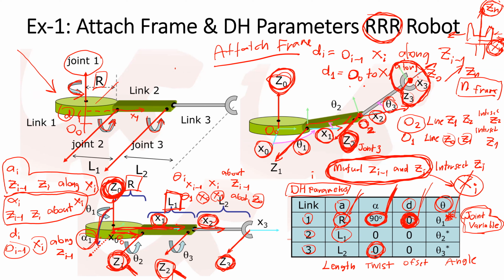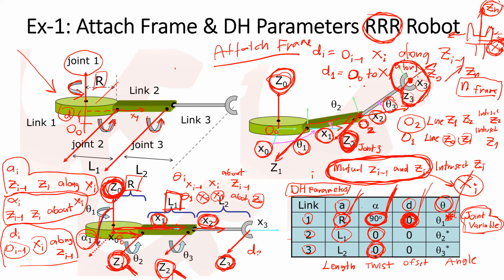C1 and C2 have the same direction, so the link twist is 0. The offset is the distance between the origin and the x-axis along z(i-1). So the offset of link 2 will be the distance between O1 to X2